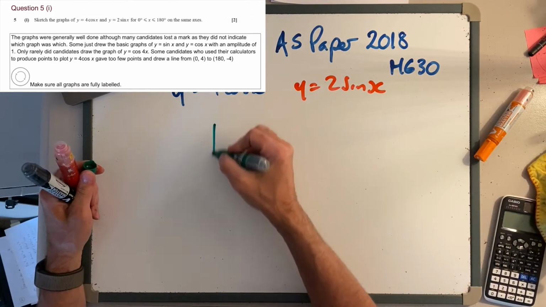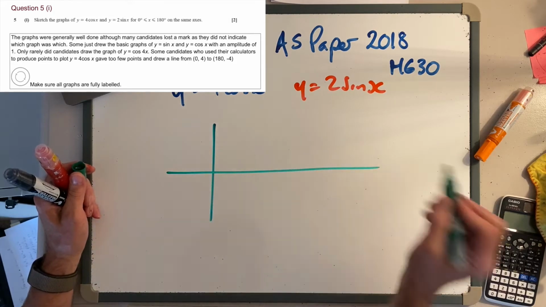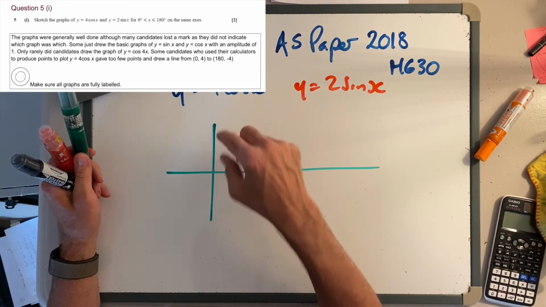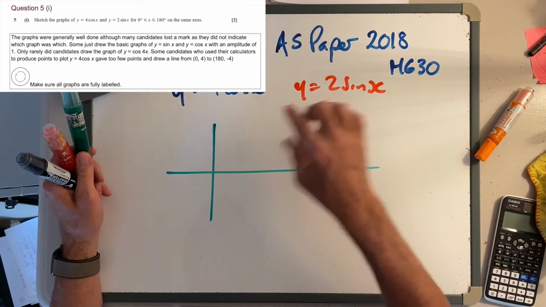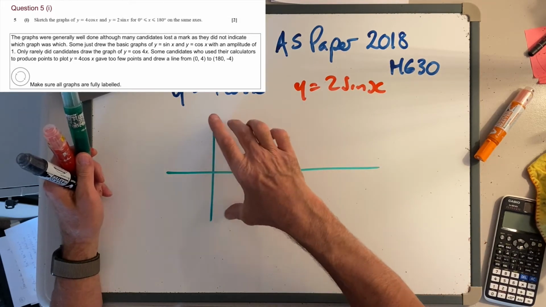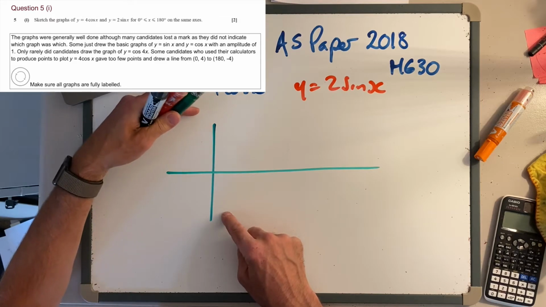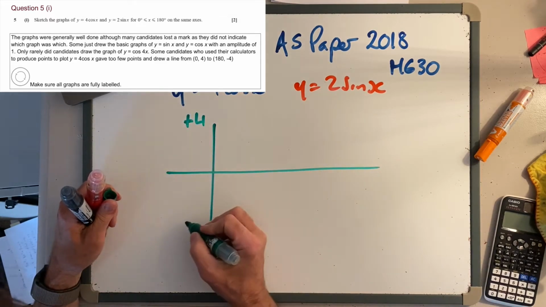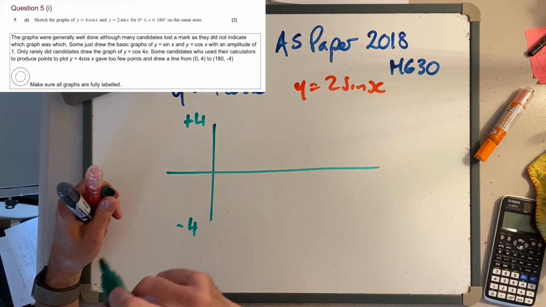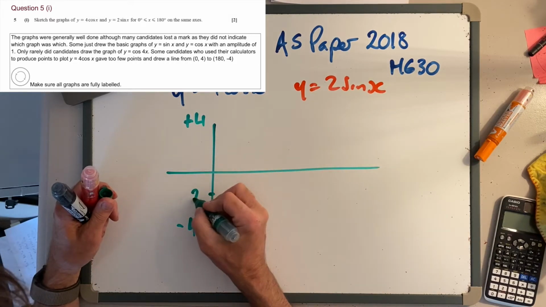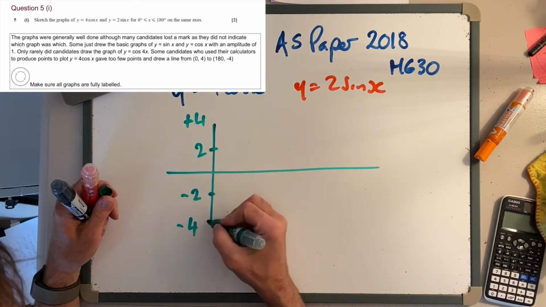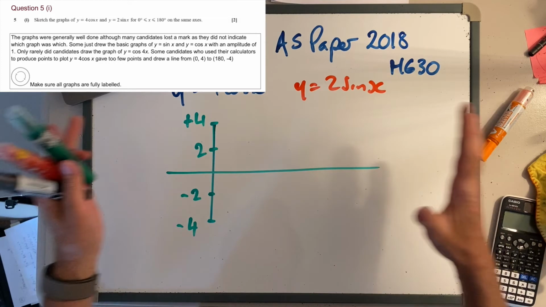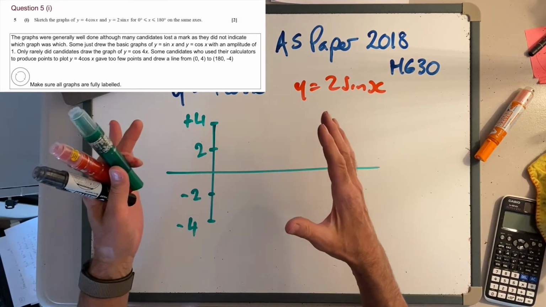Well, that transforms my shapes. So that will multiply the outside, so the output. So instead of 1, it goes to 4, and that instead of 1 goes to 2. So actually my height will go up to top 4, minus 4 here. So 4, minus 4, and I've got my 2 here as well, so I might as well put that in. So I've got my markers like that. It doesn't actually shrink or expand it, so it's simply going to be